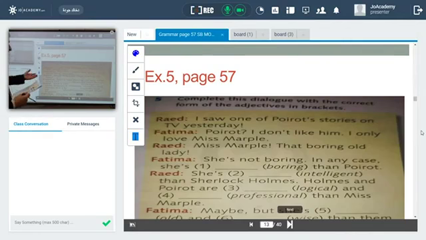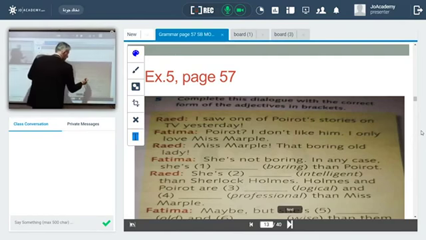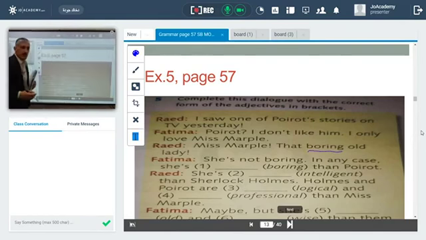We have a dialogue between Ra'id and Fatima. Let's read together. Ra'id: I saw one of Poirot's stories on TV yesterday. Fatima: Poirot, I don't like him. I only love Miss Marple. Ra'id: Right, Miss Marple, that boring lady. Boring. The word boring here, do you know what's the meaning of boring? Boring means مُمِل. That boring lady. Fatima: She is not boring. In any case, she is